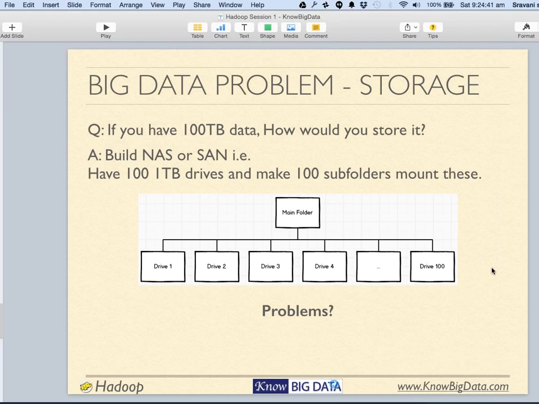Now, no redundancy, meaning in case one hard drive crashes, there is no backup plan per se. Ganesh says that it is a series connection. If one fails, we can't access anything.